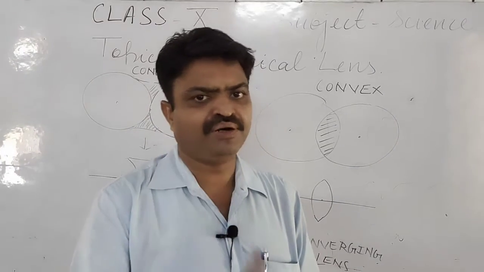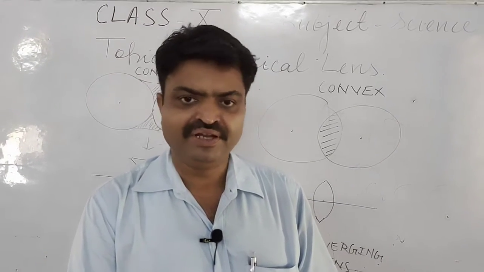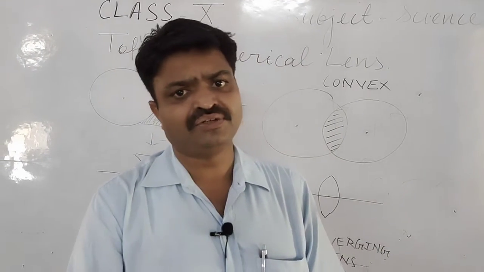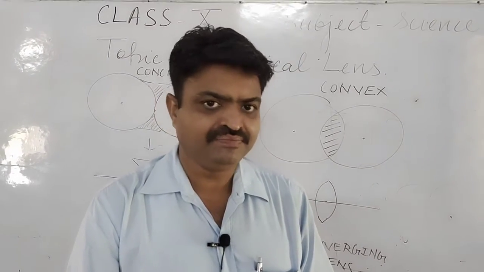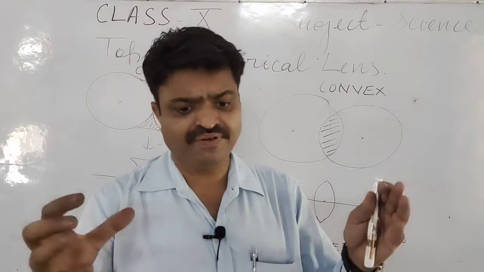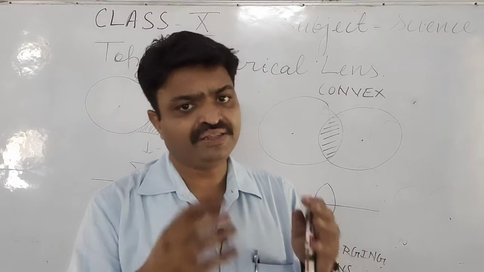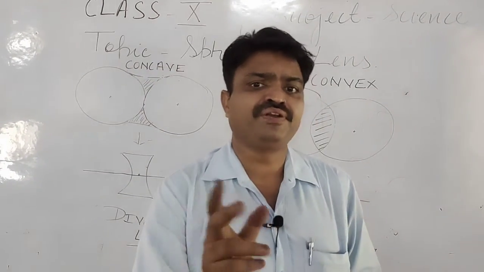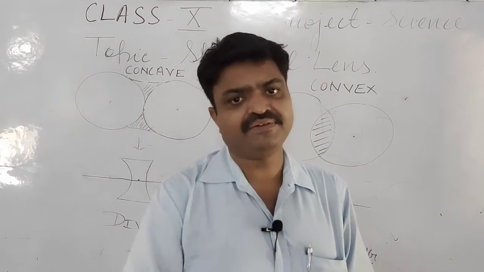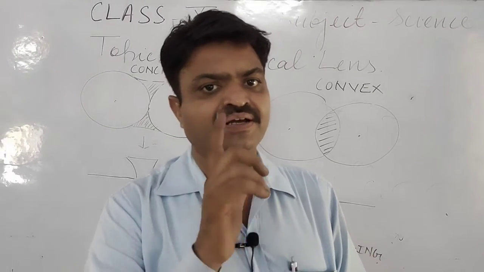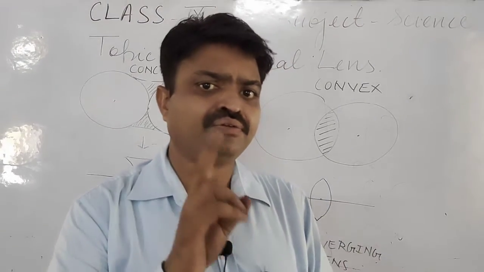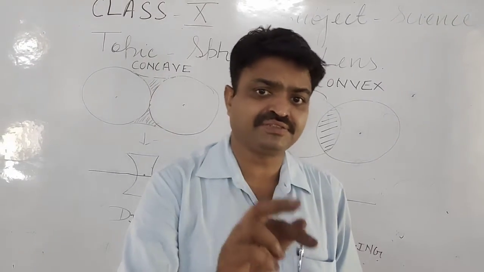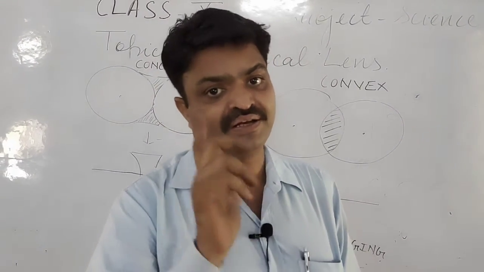Today we will discuss the most important concept, known as the spherical lens. So what are lenses, student? Lenses are bodies made of two spherical glasses. Means when two spherical glasses are adjusted in two different ways, the lens that we get is known as a spherical lens. There are two types of spherical lens according to the adjustment of the spherical glass.